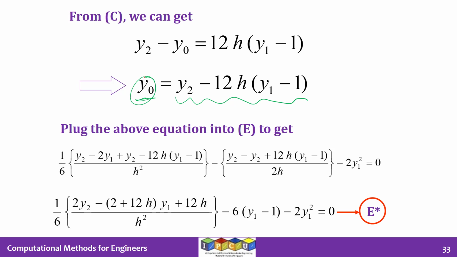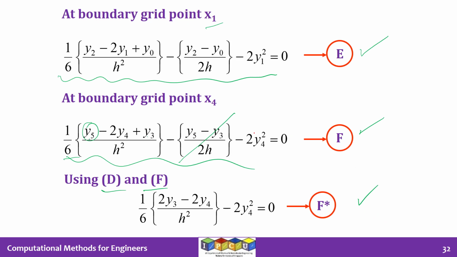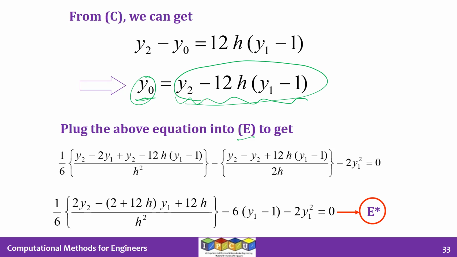So wherever I see y0, for example in equation E, I can replace y0 with this expression that we see here. So when you do all that, with some patience and a little bit of carefulness, we can get equation E star. So I cannot use equations C and D further because the information incorporated in them has been put into the other equations. But that's no problem because now we have equations A, B, E star, F star. So we have 4 independent equations and we have only 4 symbols now.